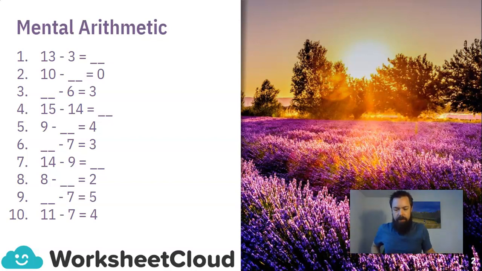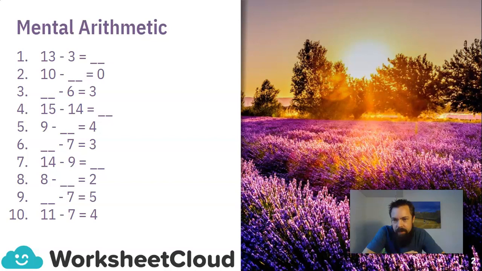Okay, let's have a go through those quickly. So the first one, 13 minus 3 is 10. That's a straightforward one. The next one, 10 minus something equals 0. Well, if you take 10 away from 10, you'll get 0. So the answer for that one is 10. For the next one,